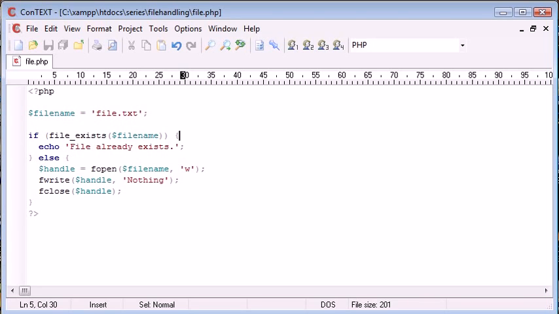So this is the file exists function in PHP, really useful, like I said, when you're handling file uploads and you want to check if a file name already exists, just to ensure that you don't overwrite